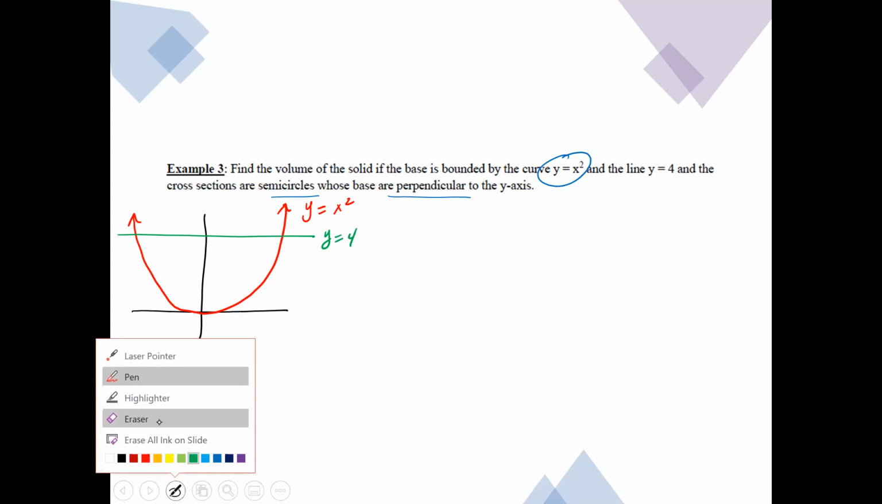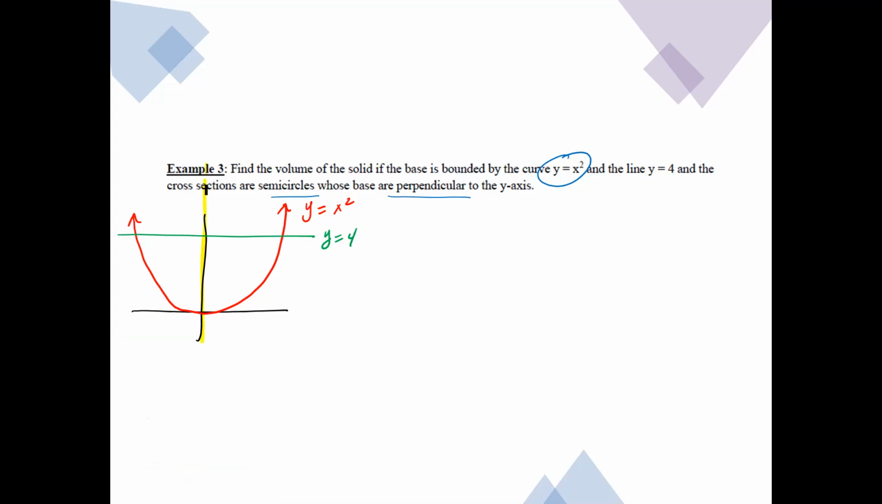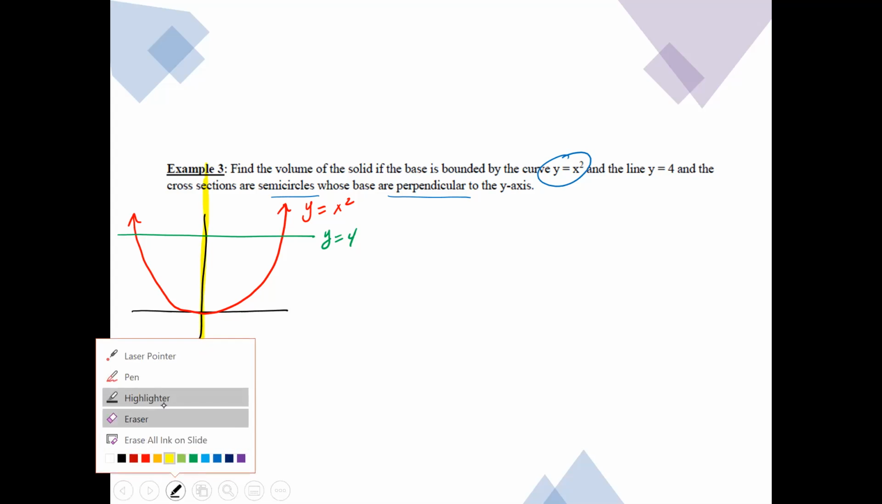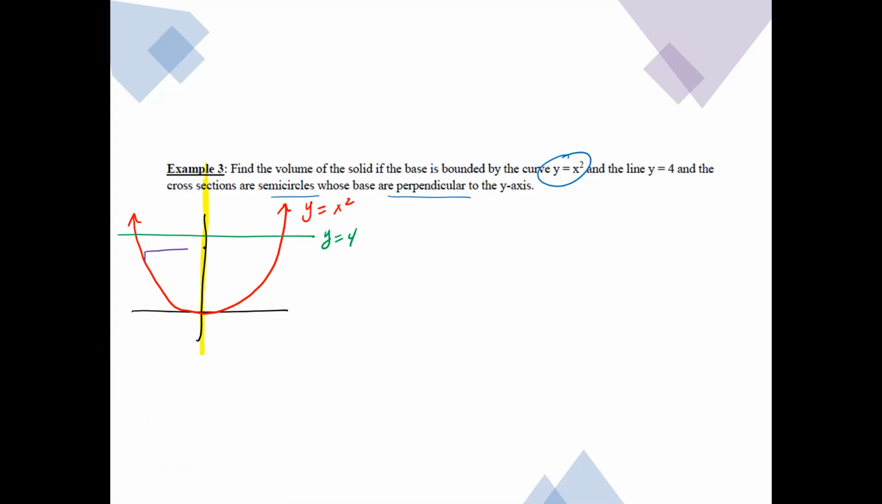Okay, so here is the y-axis, right here, going up and down. If it's perpendicular to that, then your rectangle has to be horizontal, like this. And as we determined from the last one, x was equal to positive square root of y, x equals negative square root of y. And if you look at the